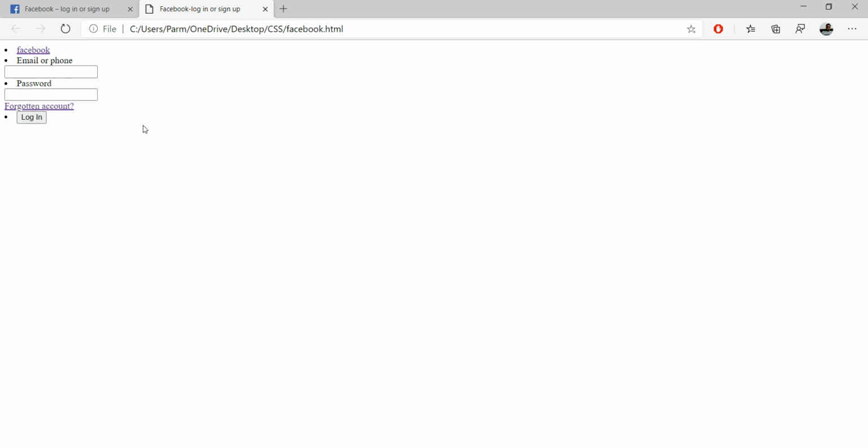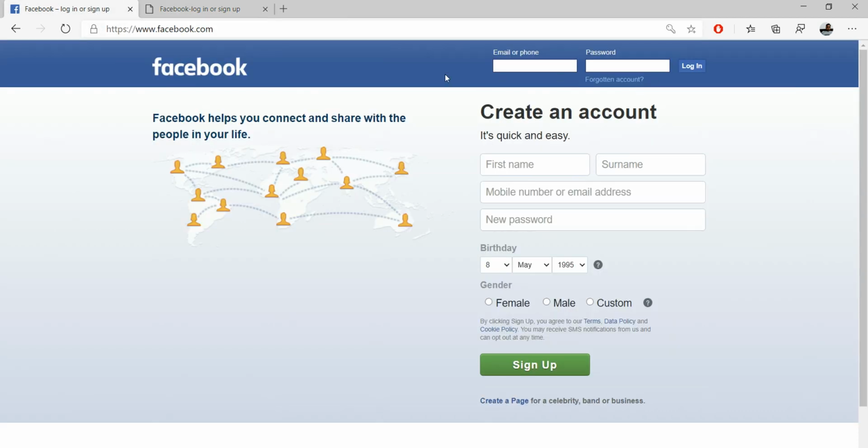So we have done almost the upper portion, whatever is written over here. So now we have to go with the styling of this section. Okay, so we have to start the styling of this section. Before proceeding to this, we have to understand this has occupied almost all the page. Okay, this has occupied the whole width of the page. So we have to write first the style for this page.